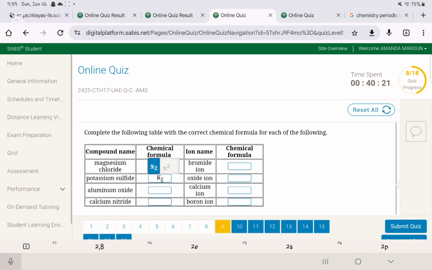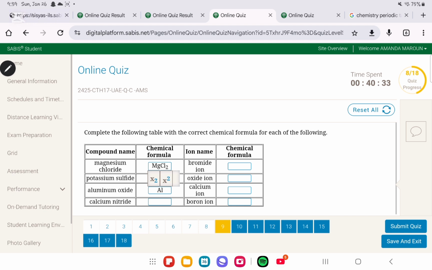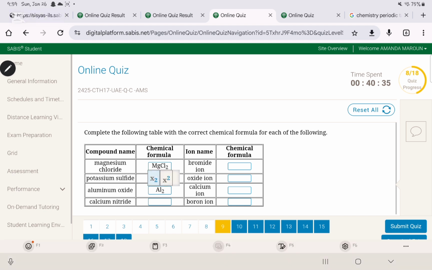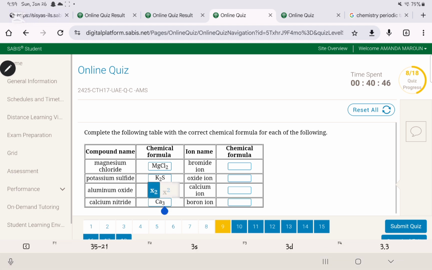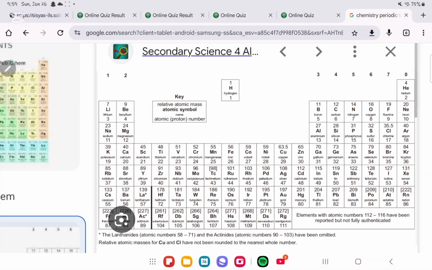I think I wrote it wrong. K2S. Aluminium oxide is Al2O3. Calcium nitride is Ca3N2. Now, by the way, if you do not know how to get them, go to the chemistry periodic table